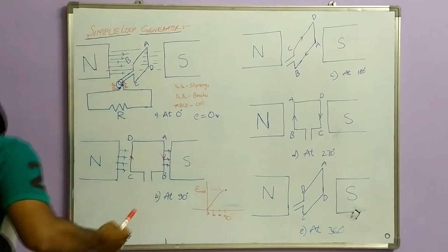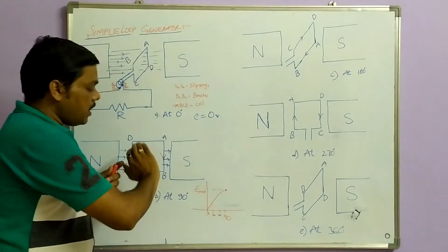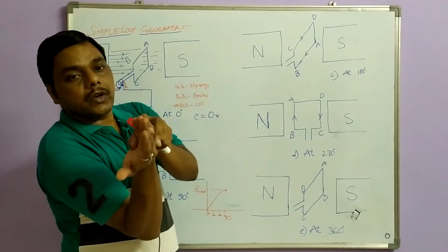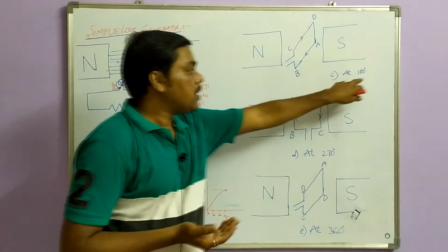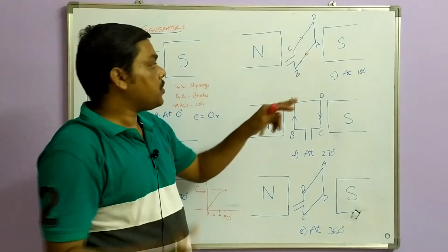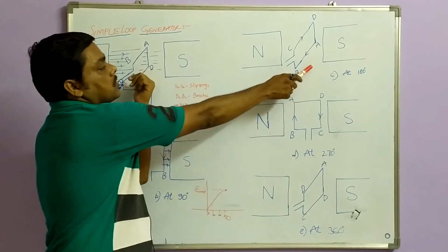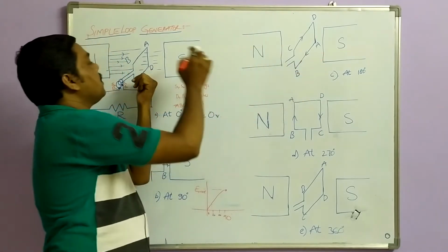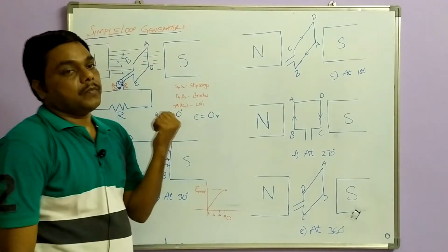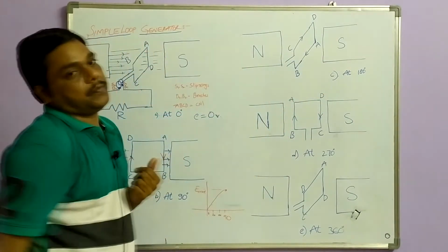Now moving into the next position, that is at 180 degrees. Now this is already at 90 degrees. Initially 0, 90 and again it is moving into the 180 degrees portion. So at 180 degrees what is happening? Again it is showing vertical direction. But what are the sides? You can observe from this portion and this portion. Now this upper portion was the AB conductor, but now this is CD. And what is the lower one? This was the CD conductor, but now it is AB.